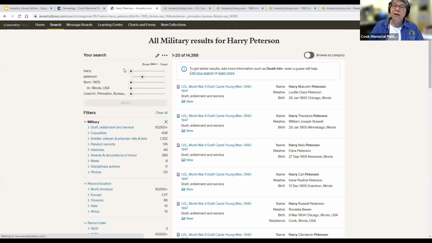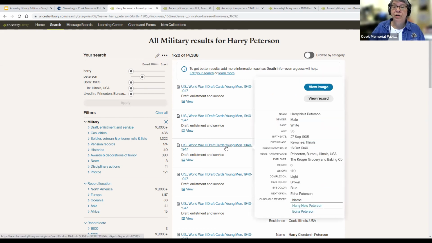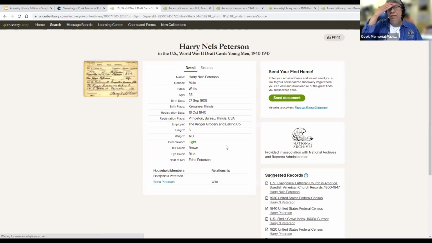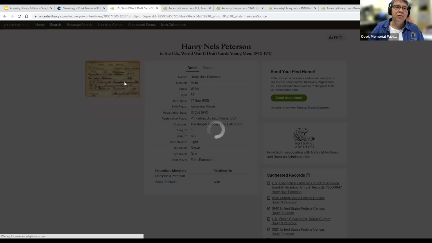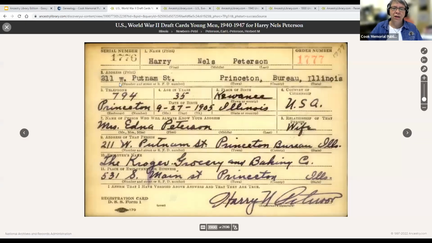So bringing this up, because he's my grandfather, I know that this third one is him, that's my grandmother. World War II draft cards for young men. He wasn't that young, he was probably about 35. Anyway, again, here's kind of the same thing that we've seen before, an overview of what's on this piece of information, but we always want to look at the original record if we can. So I'm going to click on that,